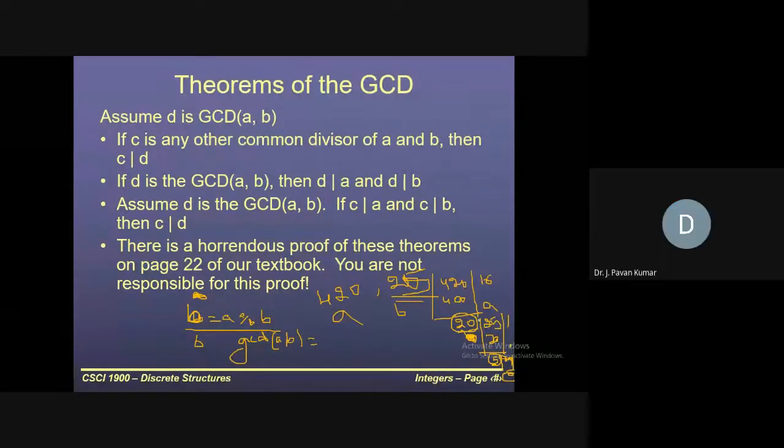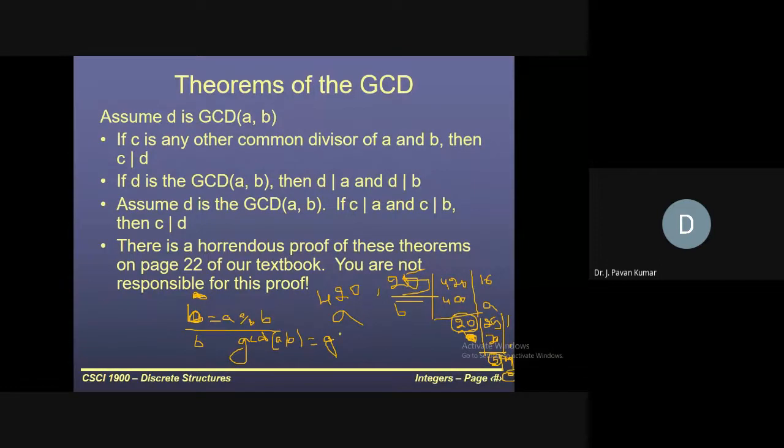5. What is the GCD of 25 and 20? 5. What is the GCD of 20 and 5? 5. So whatever GCD we wanted to calculate for 420 and 25 is equivalent to GCD of 25 and 20. Next, it is equivalent to GCD of 20 and 5. So this we can write in the form of GCD of a comma b is nothing but, if we calculate GCD of